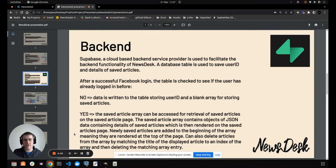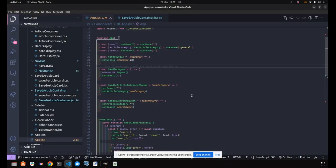NewsDesk uses a Facebook login service, and the first thing we need to do when a user logs in is check whether they've already logged in previously. To do this, we use a combination of useState and useEffect. So initially, we set the user ID to a blank string using useState. This function, the handle login, gets the response from the Facebook service and sets the user ID to the individual's